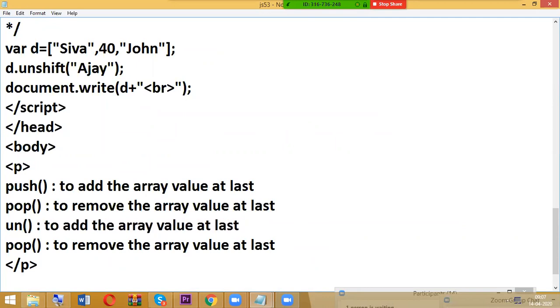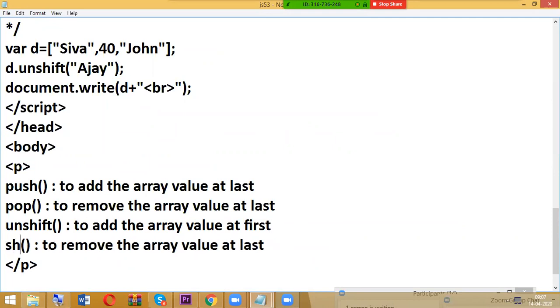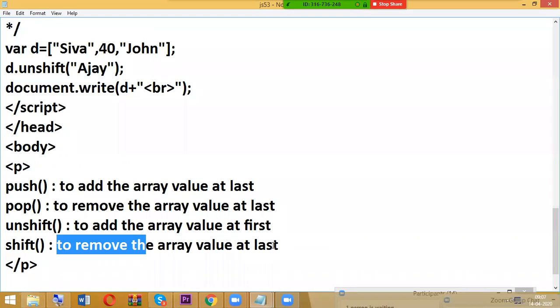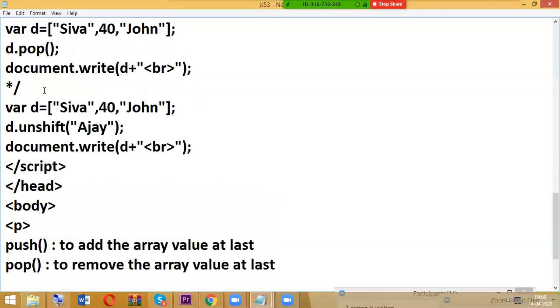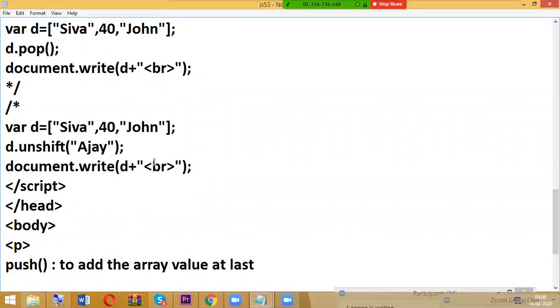So these four methods are very, very important in real time. We can add the array value at first. We have another one, shift, to remove the array value at first. To avoid confusion, I am going to have a comment here.